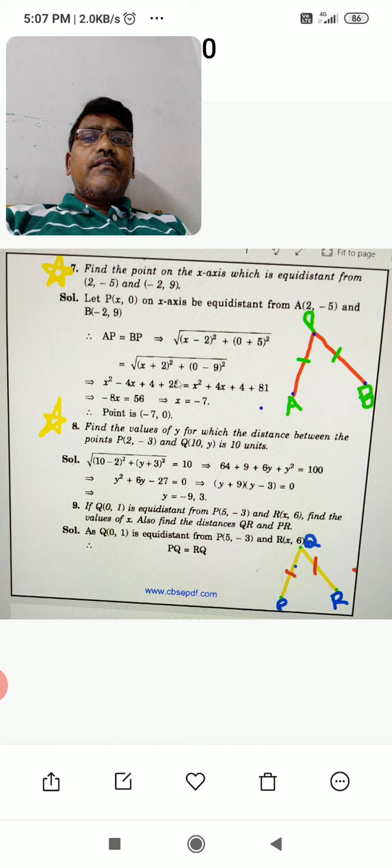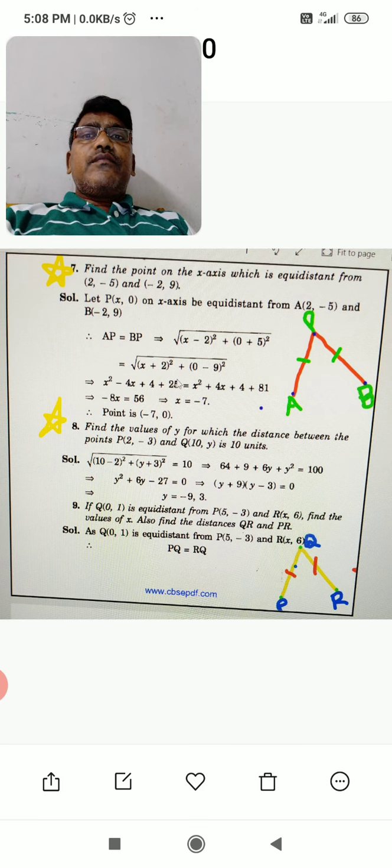So here you are making the factors. This is y plus 9 and y minus 3 as the factors. I mean you are taking the common or splitting the middle term here, which we learned in 9th standard by the splitting method. So 6y: 9 times 3 is 27, 9 minus 3 is 6, the middle term. By that we can split into two factors, y plus 9 and y minus 3 equal to 0. Individually they become 0: y plus 9 equal to 0, y equal to minus 9; y minus 3 equal to 0, y equal to 3. So we can write the two values for y, that is minus 9 comma 3. This is what we wanted to find.